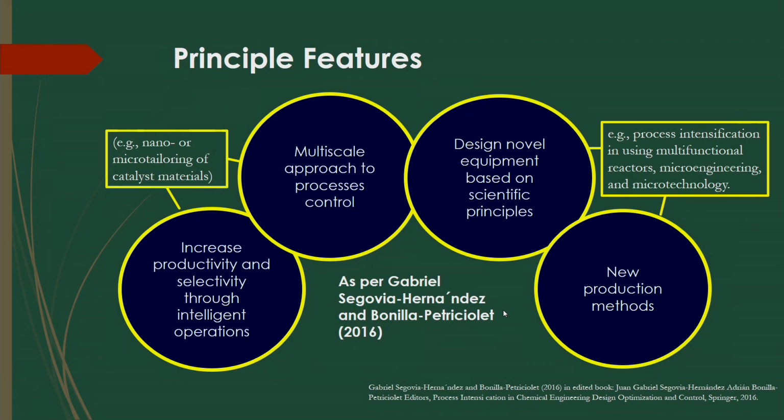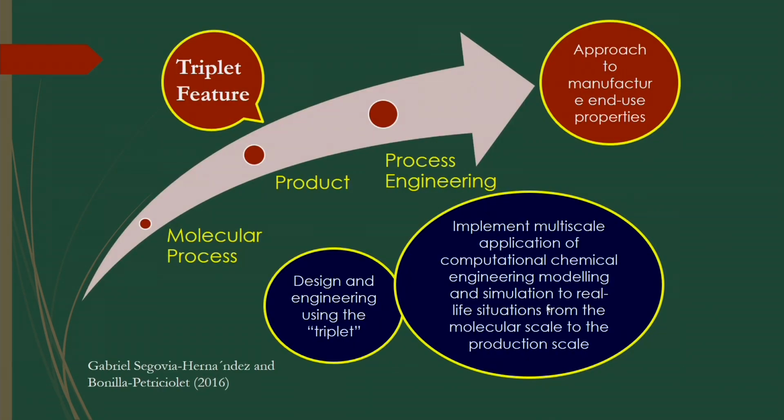So, these are some principal basic features that are given by them. Another important principle of process intensification is called the triplet feature, given by Gabriel Segovia-Hernandez and Bonilla-Petriciolet in 2016. They said that the basic principles of process intensification should be as triplet features, like molecular,